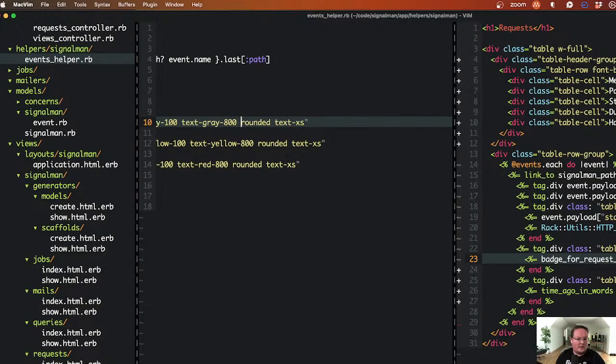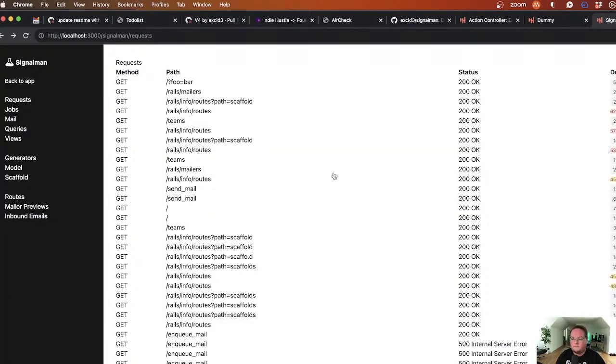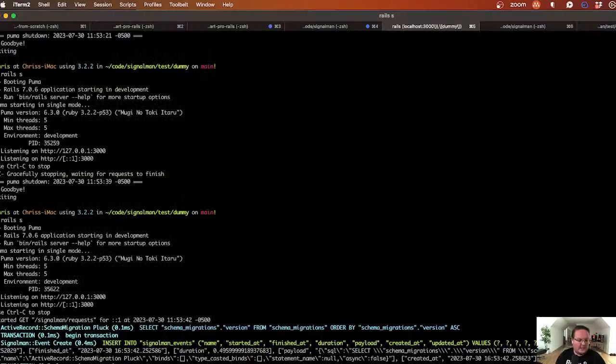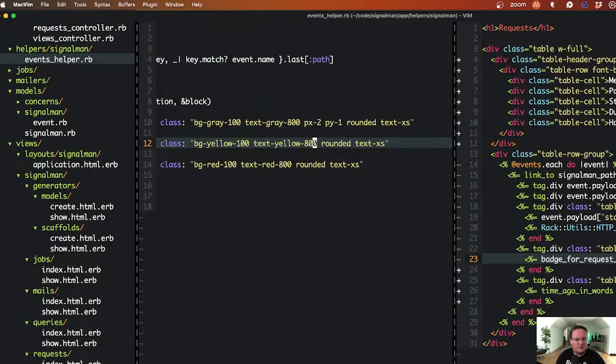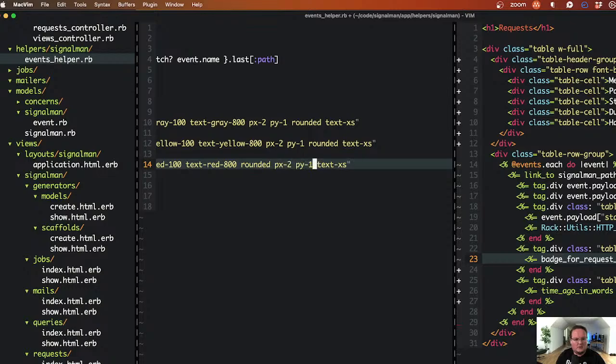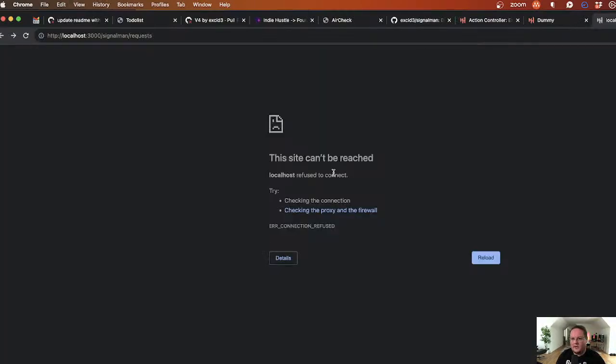So what is a P, X1, PY 0.5 something? Or maybe a 1 and a 2? I have no idea. Let's try it. See what happens. That's not bad. I like it. Can refactor that into something reusable later, but